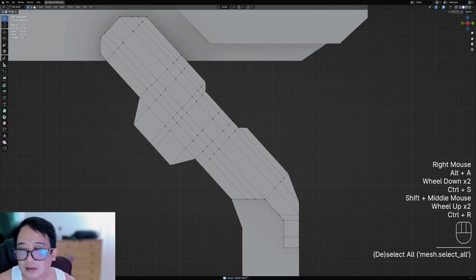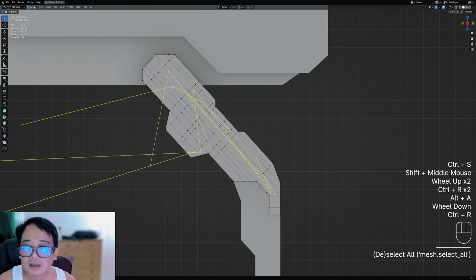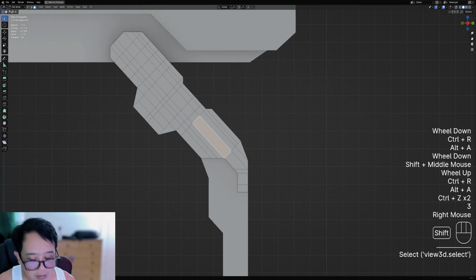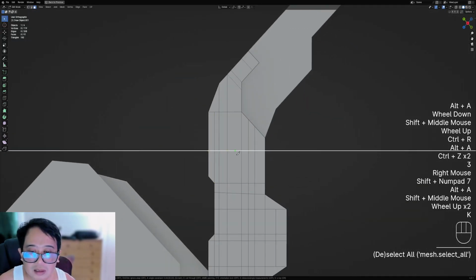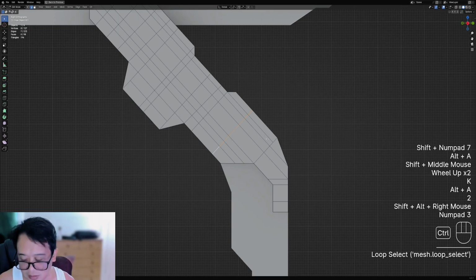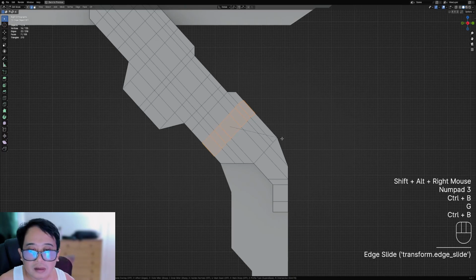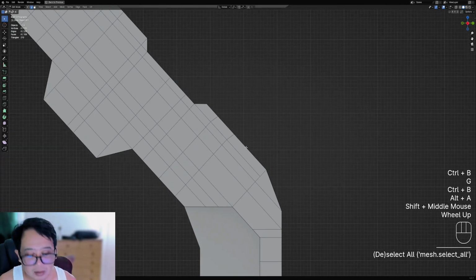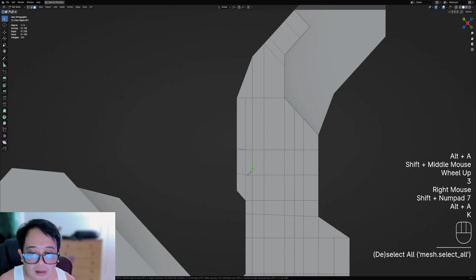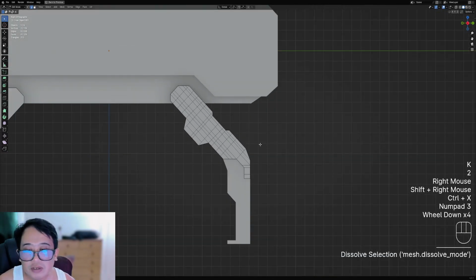And to make these quads, okay. Shift 7, C. Actually we don't need to use the C. Bevel. Whoa. Shift 7. There we go. Great. So I want you to watch this because